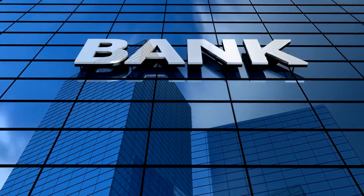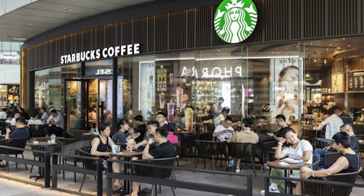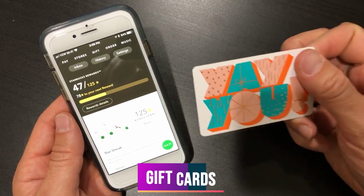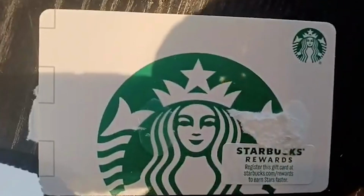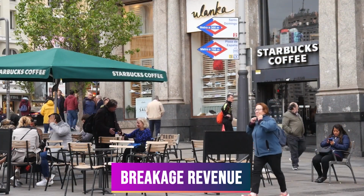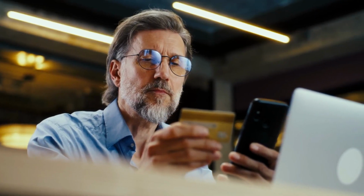But here's the big difference: regular banks have to pay customers interest on their money. But Starbucks doesn't have to do that. So, it's like Starbucks customers are giving them $1.7 billion at 0% interest. And you know those gift cards Starbucks gives to their loyal customers? Well, some of those cards never get used. Starbucks makes money from these unused cards, and in financial terms, this is called breakage revenue. In 2021, this added up to about $164 million, which is about 10% of all the money people have in